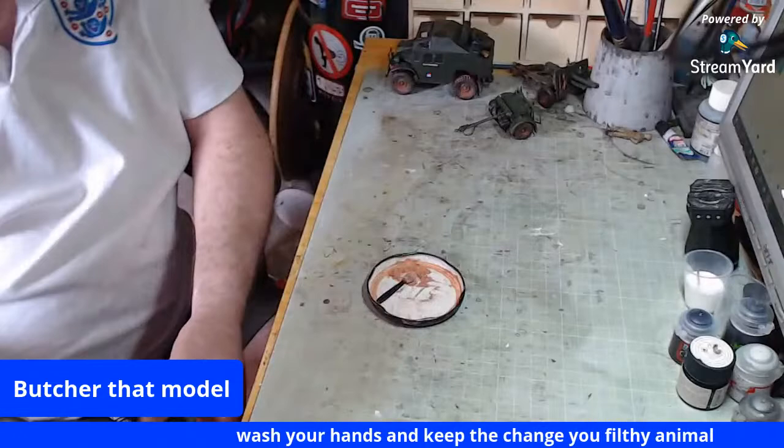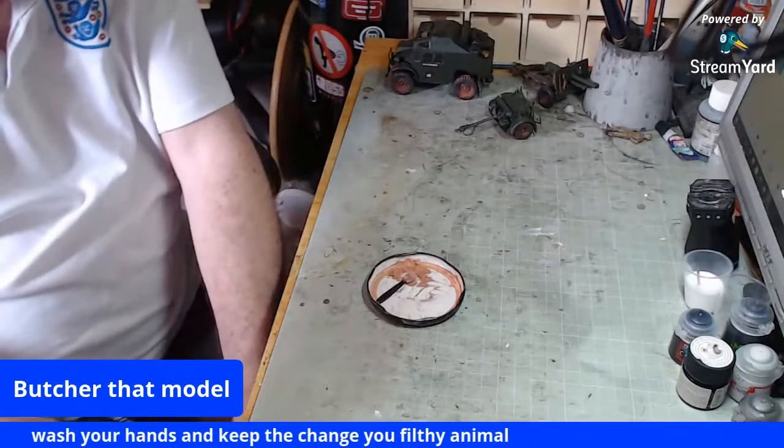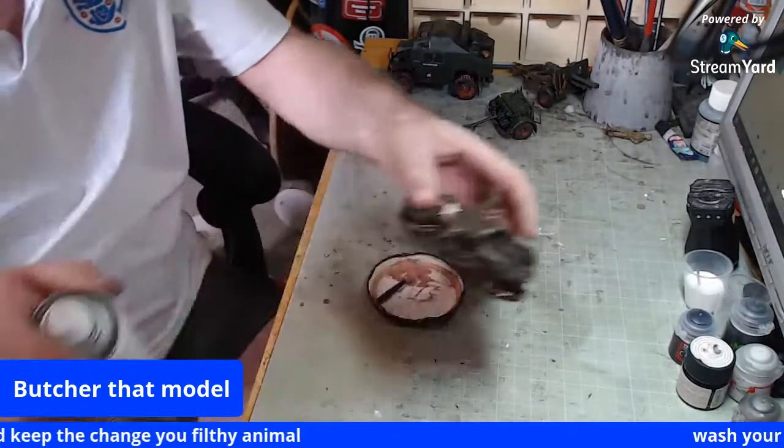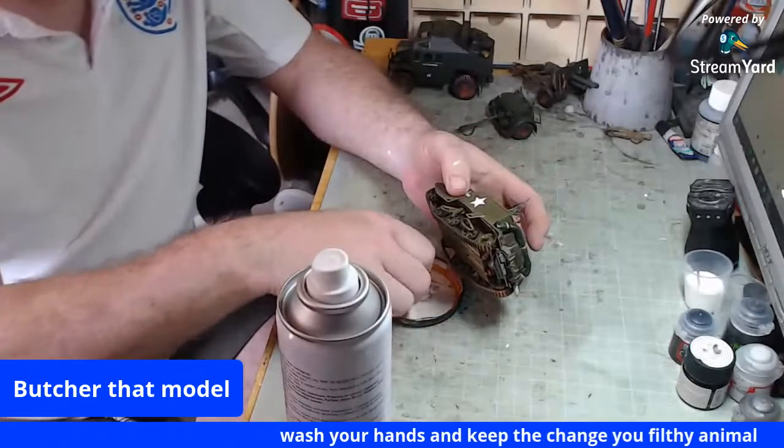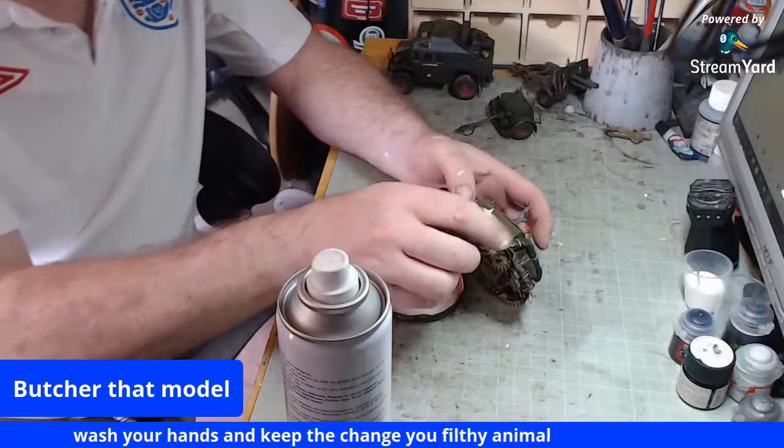What I tend to do is under my bench, so I'm not going to spray myself in the eye. I'll give it a good soaking. Now you've got to be quick because it doesn't last forever. It evaporates quite quickly, this stuff. And I would literally